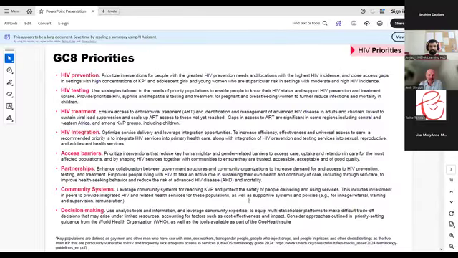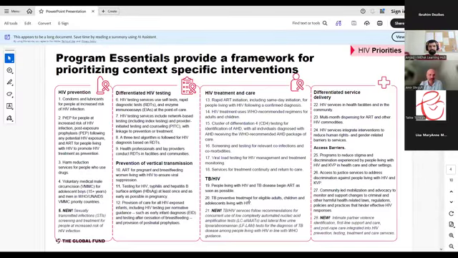This is just to say that the approach that you'll be familiar with in terms of program essentials, things that are seen as priorities for just about any context, will continue. There are a few new program essentials, and I'll just highlight those. I'm not going to read through the entire list, but we do now have